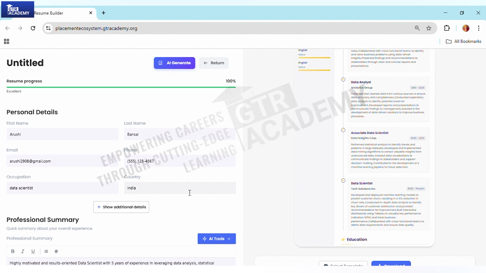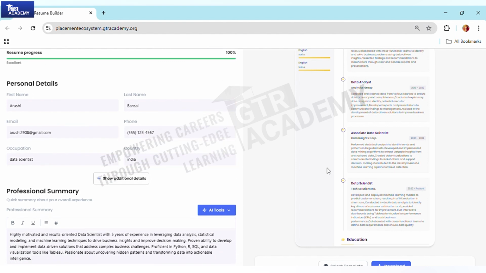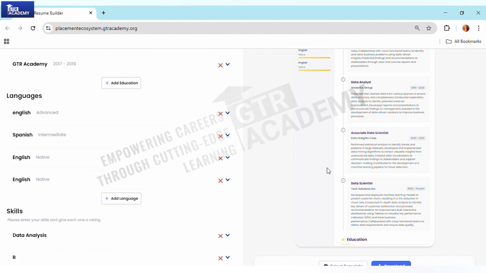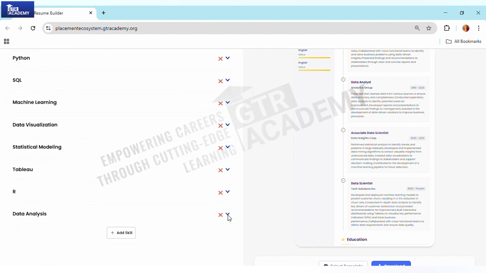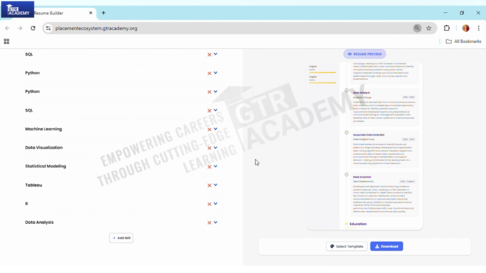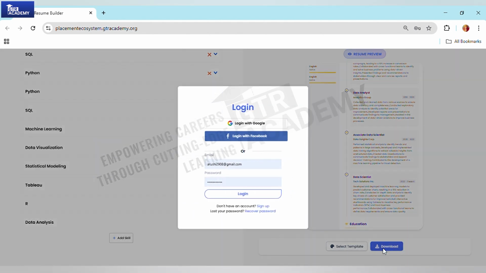So you can use the keywords from your previous CV and the keywords of the course that you have done with us, so that you can get the best CV, which is ATS friendly as well. And then you can just download your CV. What you have to do is press shift, control and minus, and then there is an option called download, so you can download.